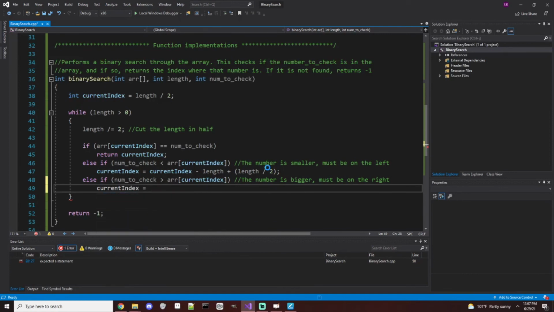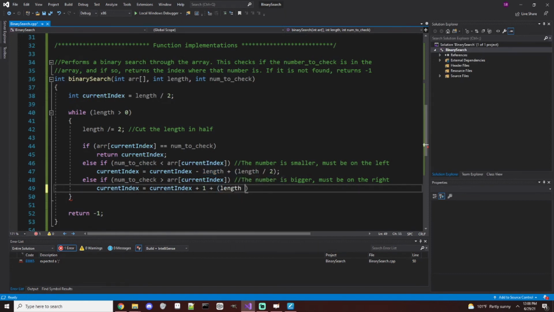And so the next one would be if it was to the right of it. In that case, we're going to need to find the current index, which is what we're currently checking at, and then we're going to need to go to the right of it by 1. So we know that the beginning of the list that is to the right of the current element is always just 1 to the right of it. So this one's a little bit easier, whereas the other one we had to subtract by however long the length is to find the beginning. We just add 1 because it's directly to the right of it, and then we're going to add the length